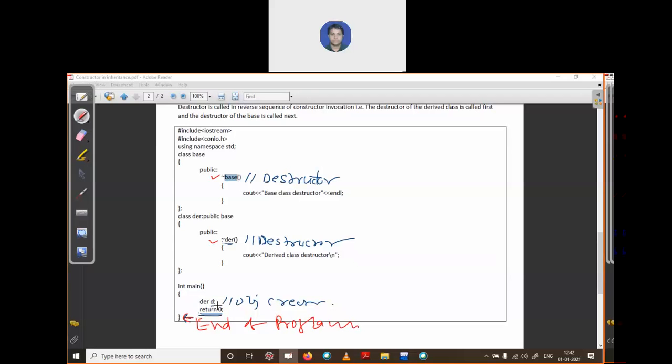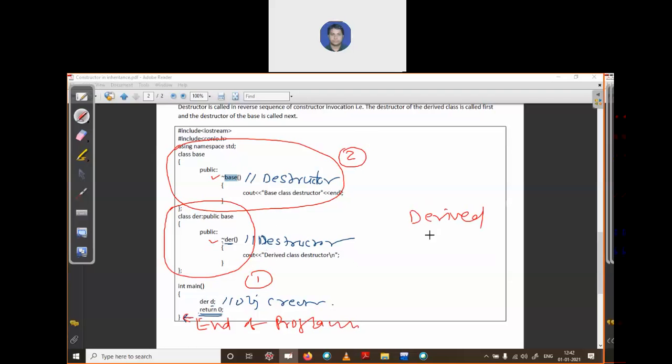When we have created an object of D and we reach the end of the program, it will destruct the derived class first, then it will destroy the base class. So it follows derived first, then base.